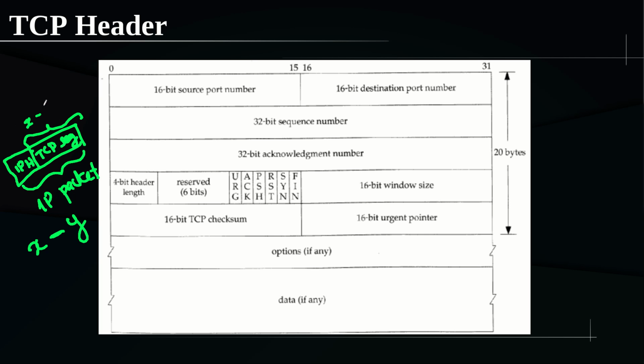Now from this X minus Y, what you can do, you can further subtract a Z, and what is that Z? Z is the TCP header, and that will give you the size of the data field. So this data field size will be X minus Y minus Z, that is the total size of the IP packet minus the IP header size minus the TCP header size. And the total size of the IP packet and header size, TCP will ask the layer below it, and it will communicate back. So we don't have to store this value explicitly. So that is how the computation is done.